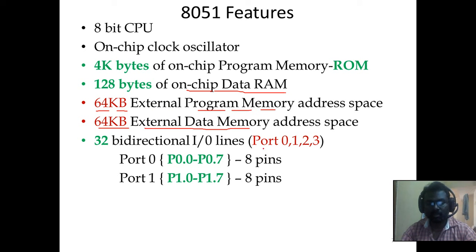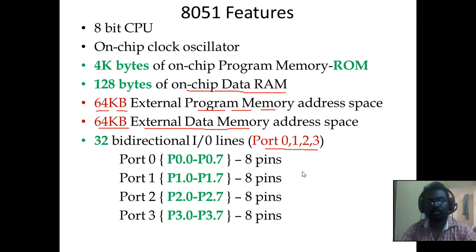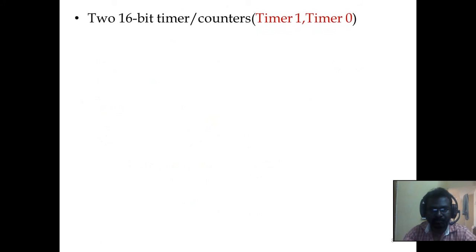As I told you, it has 4 input output ports. For every port we have 8 pins. Port 0 has 8 pins, port 1 has 8 pins, port 2 has 8 pins, and port 3 has 8 pins. So all these pins together are given as 32 input output pins, but if I say ports, it is 4 input output ports. While discussing the features, I showed you that we have 2 timers